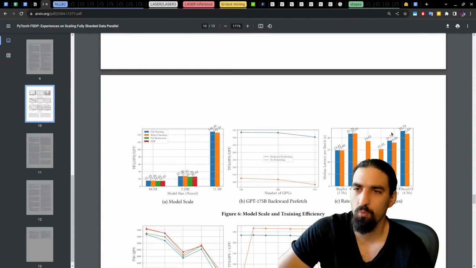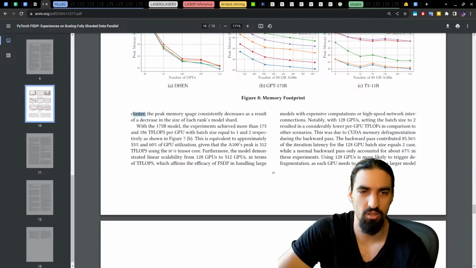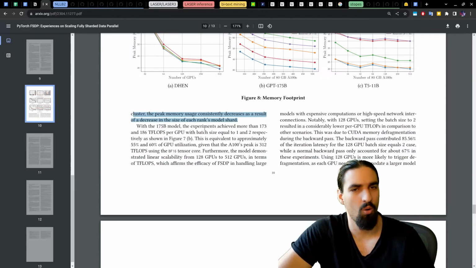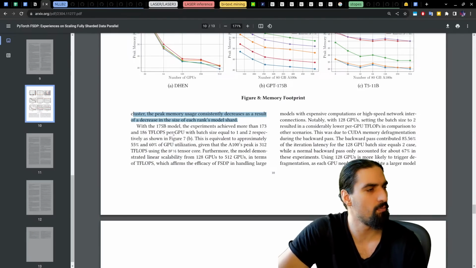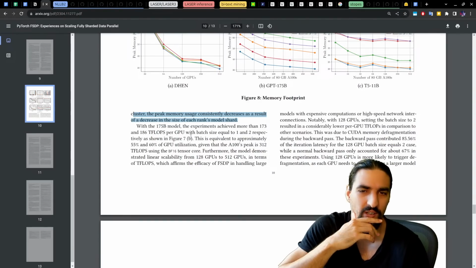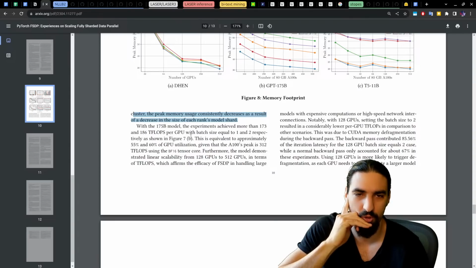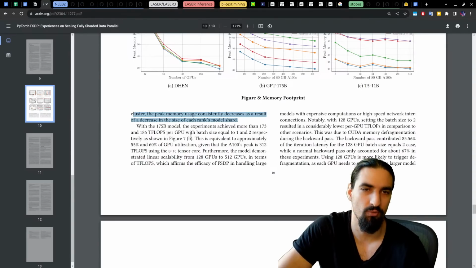When adding more GPUs in the cluster, the peak memory usage consistently decreases as a result of a decrease in the size of each rank's model shard. With 175 billion model, the experiments achieved more than 173 and 186 teraflops per GPU with batch size equal to 1 and 2 respectively, as shown in figure 7b.